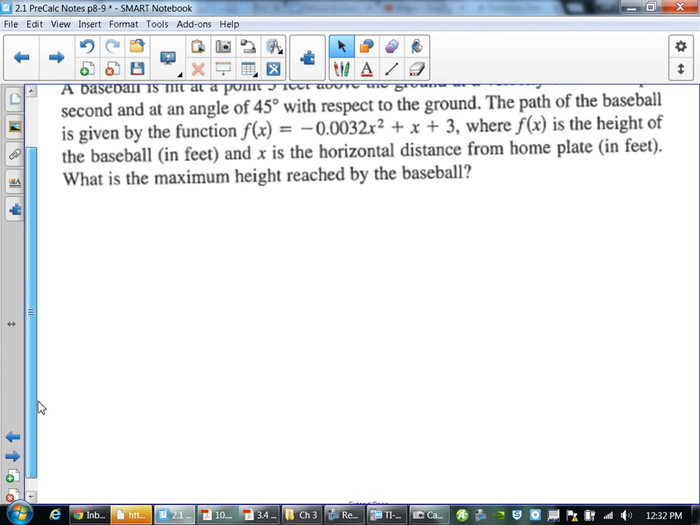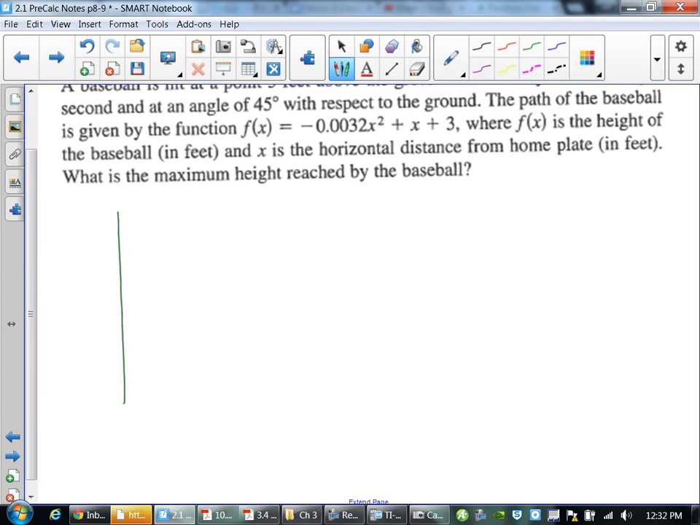Visually, where does this graph start? At 3 feet up. At time of 0, or feet of 0, it does this. It goes up